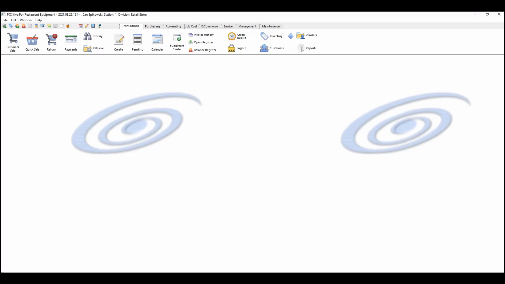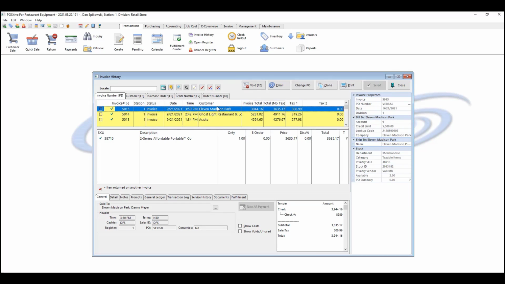So going to my invoice history, I see it's the last invoice that we did the business for, and the check number and everything is sitting here for us, 8989. That's what we're holding in our hand with the insufficient fund stamp. So what I'm going to do here is close that now that I have that information,